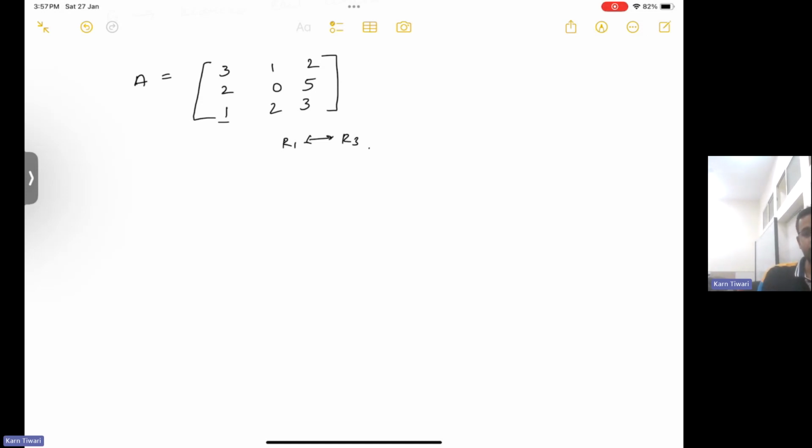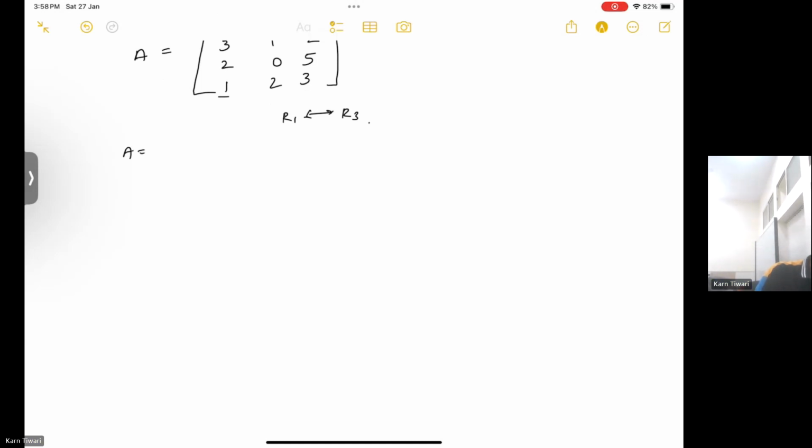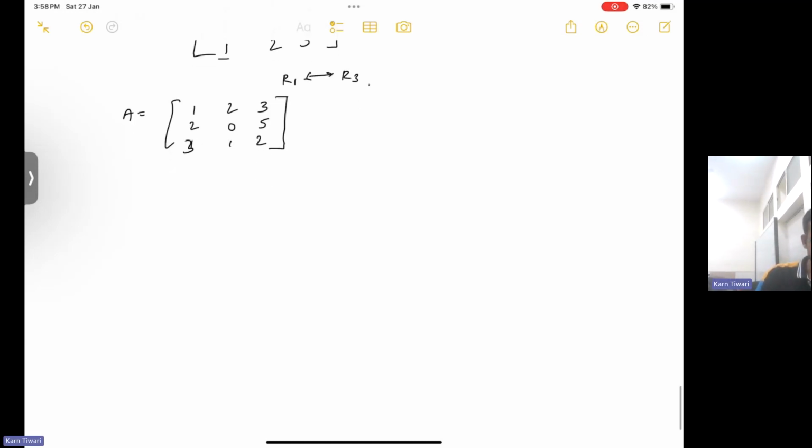These are the basic operations we are allowed to do. After doing this, it will be 1, 2, 3; 2, 0, 5; 3, 1, 2. Now R3 is equal to R3